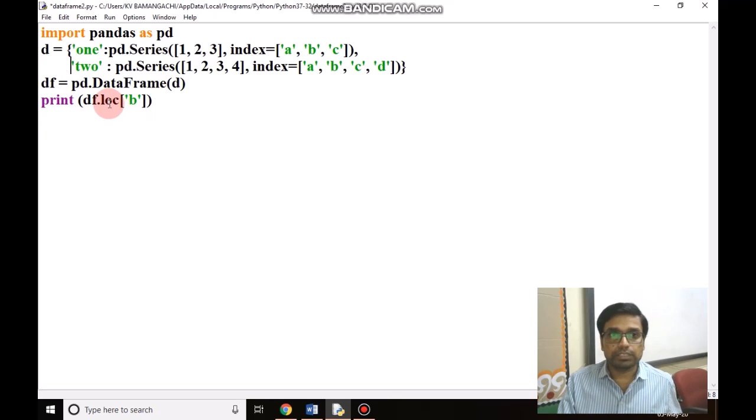We have already discussed loc. Loc will give you the location of index B. We run this program.